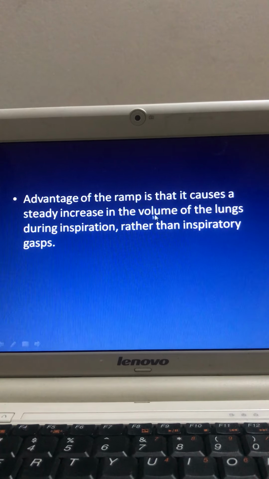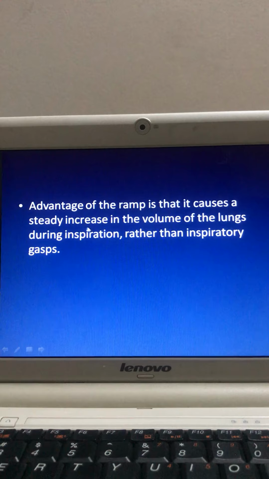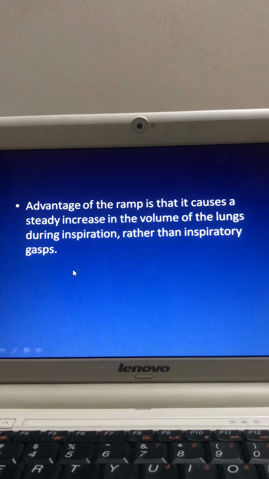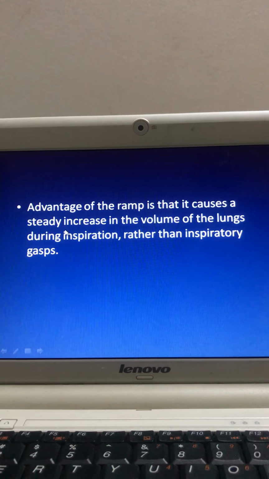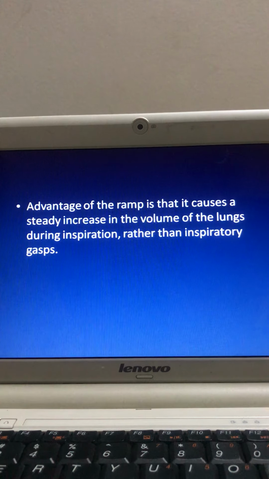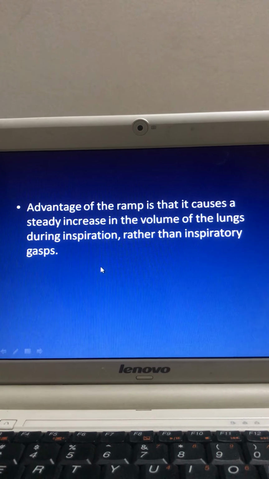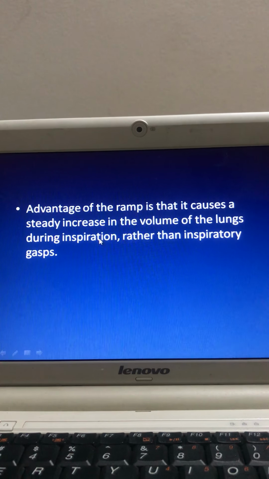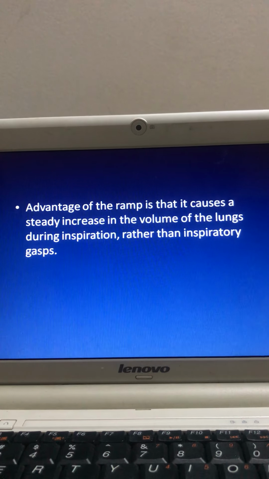What is the advantage of the ramp signal? The advantage of the ramp signal is that it causes a steady increase in the volume of the lungs during inspiration rather than inspiratory gasps. That means during inspiration there is no sudden cessation of inspiration, because there is steady and weak stimulation of inspiration, and then there is a passive process, that is,